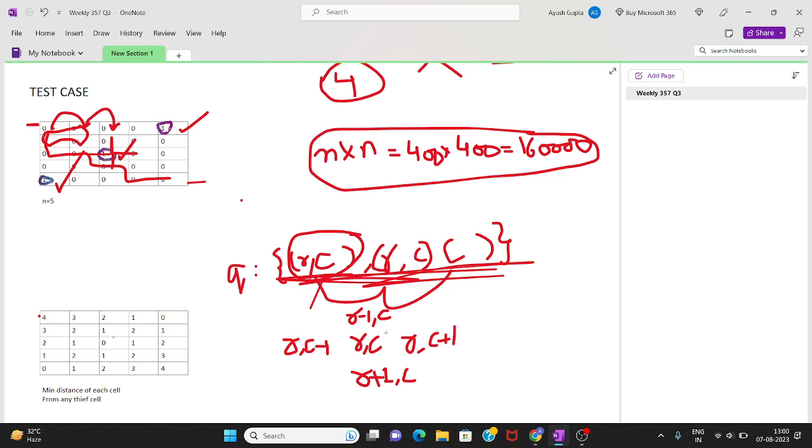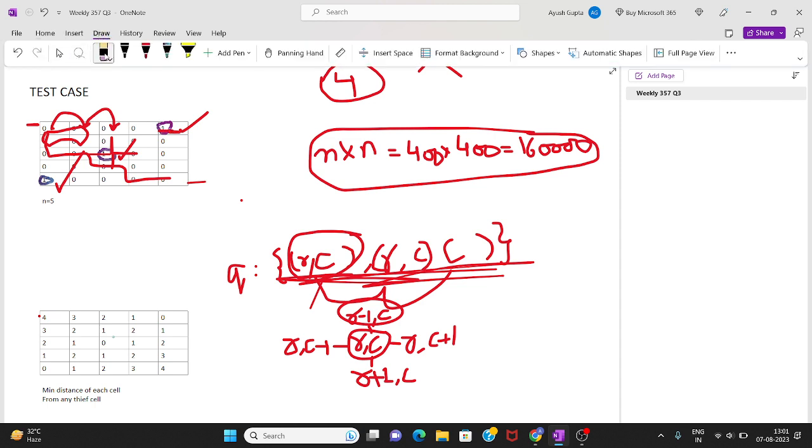So for each cell, we have these 4 choices. One by one we'll keep popping off the cells in the queue, and check if the cell above it is valid. First of all, we will check that it is valid, because let's say we are on this cell. Let me first clear the screen.